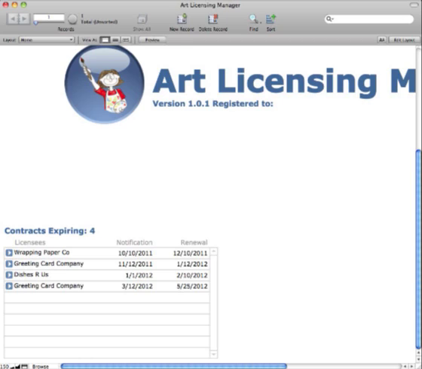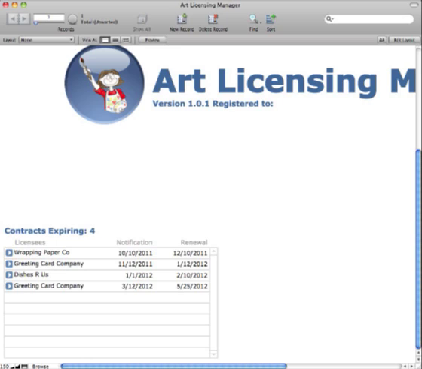Like, you want to know, okay, this one is going to auto-renew in December if I don't send them a letter by November. So in October, you should be looking at that licensee. Am I making money with them? Is there somebody else I would rather be licensing with? Is it good? Am I enjoying working with them? Are we still a good fit, etc.? So that is an important piece to watch your contract.